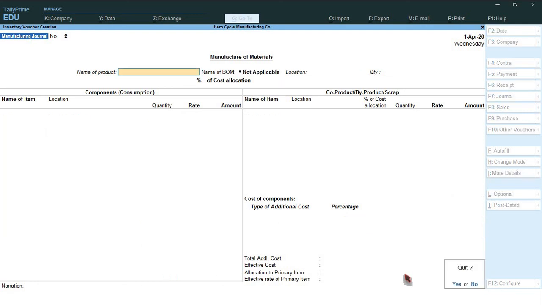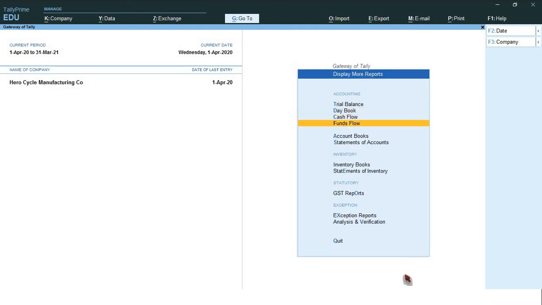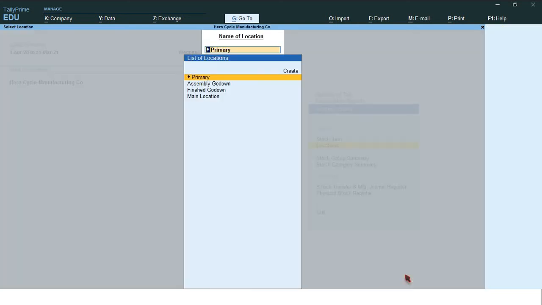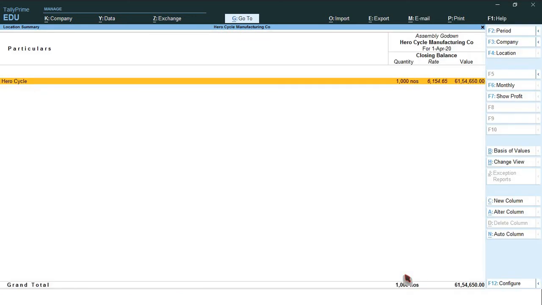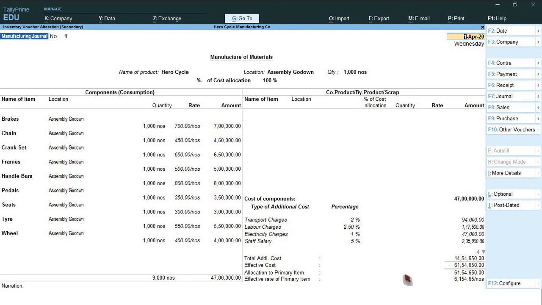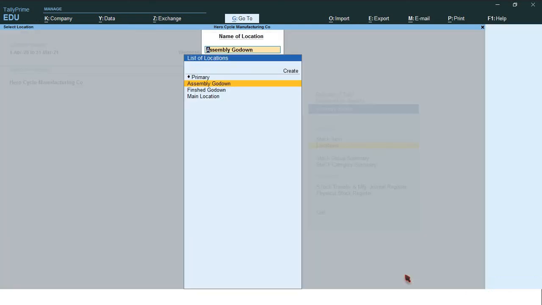So check the godown position. Select display more reports. Select inventory books. Location. Select location. See assembly godown. So this is the assembly godown details. Finished godown, nothing.